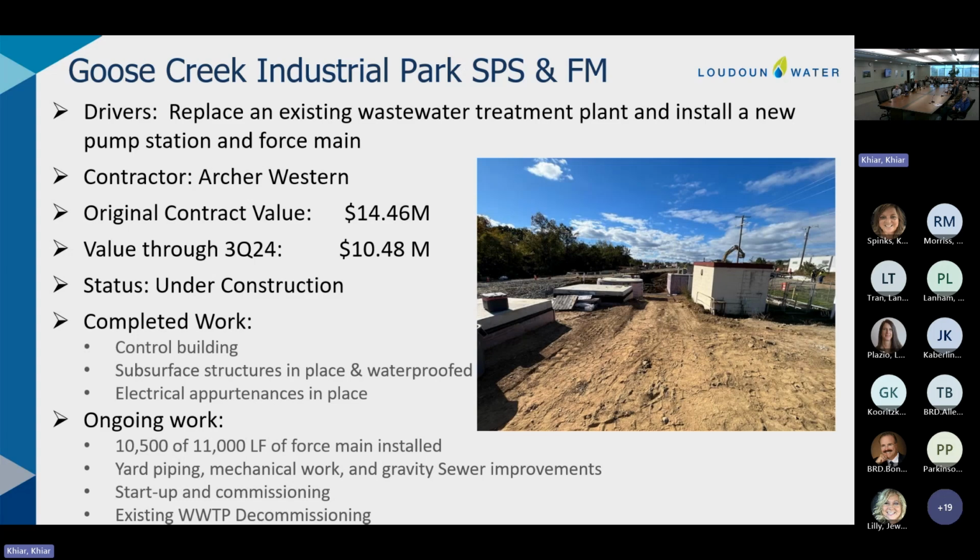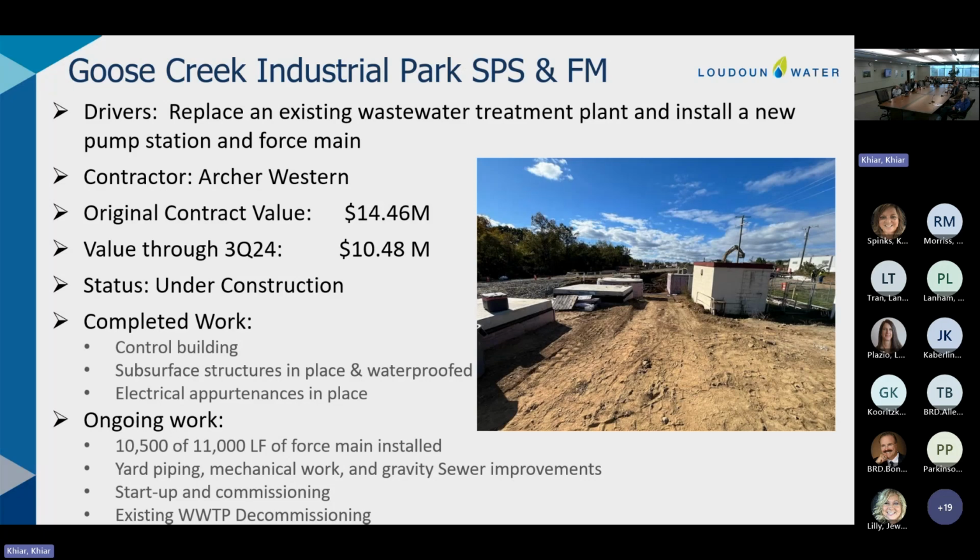Value through the third quarter is roughly about 3/4 of the overall contract value. Control building is in place. All the subsurface structures are in place and waterproofed, and the electrical equipment, thankfully, which is typically what we see delays on these days, has been installed.